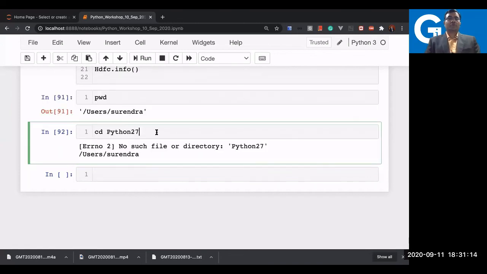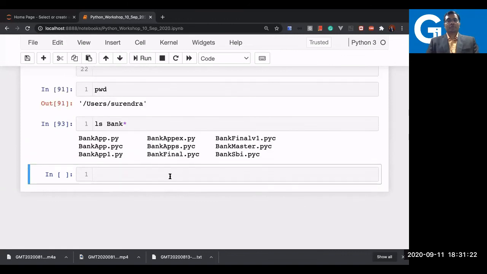Okay, this got modified, no problem. Let me see the bank example. These are the examples which are there. Okay, PYC is not there. Bank example,